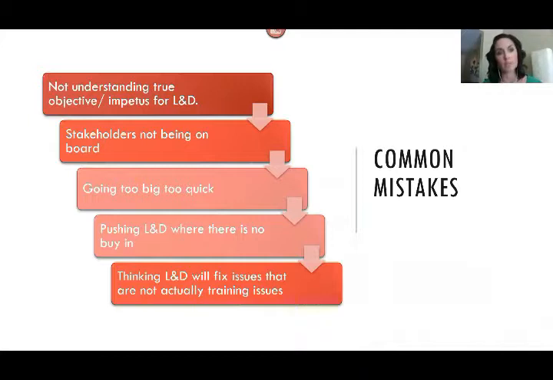Which kind of takes me to the next one, is making sure that the stakeholders are on board and are bought in. When you have stakeholders that are not bought in, it slows down the process. It can make you shift a lot when you're creating the content. There have been several times that I've had a stakeholder that isn't necessarily bought in or wasn't at the beginning of the process. And we had to shift, and trying to turn around an L&D program can be tough, and it can be time consuming. So making sure that from the beginning your stakeholders are on board is important.